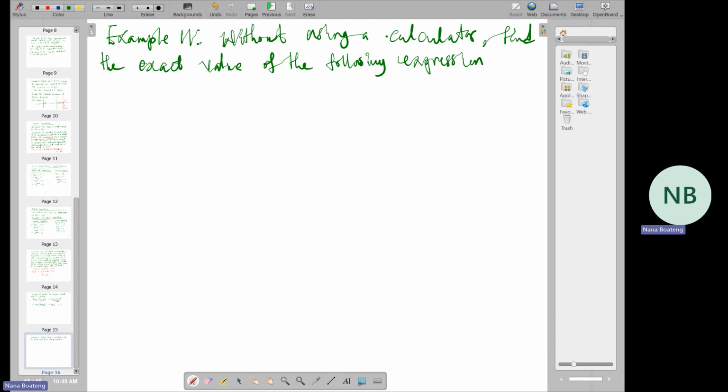All right, so this is log to the base 3 of 81 minus log to the base pi of 1